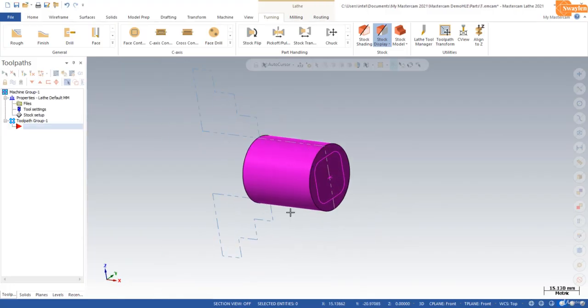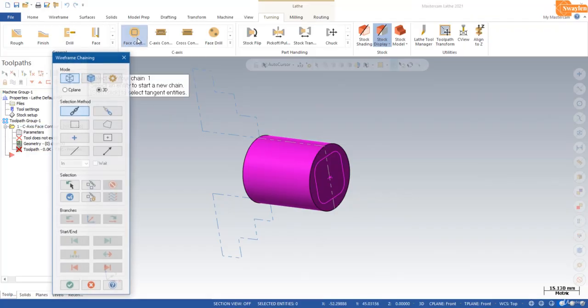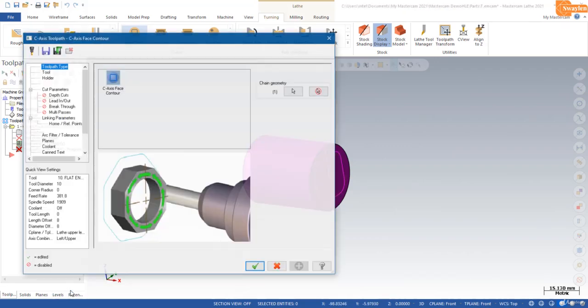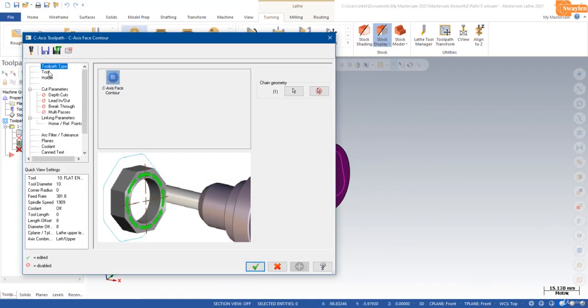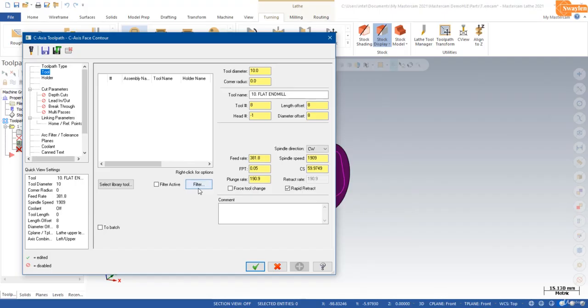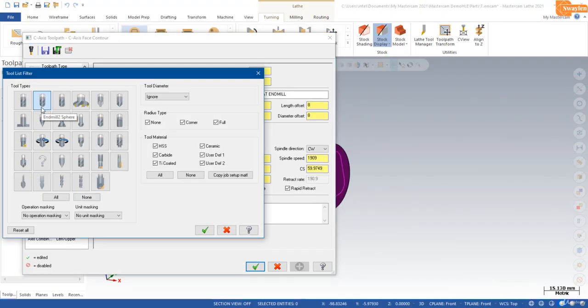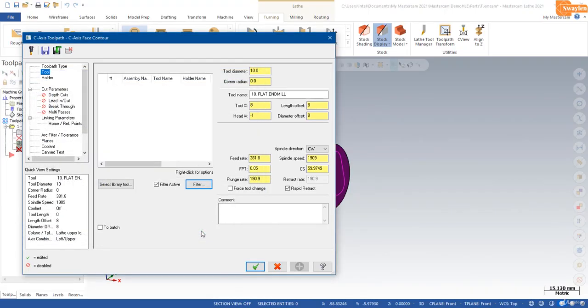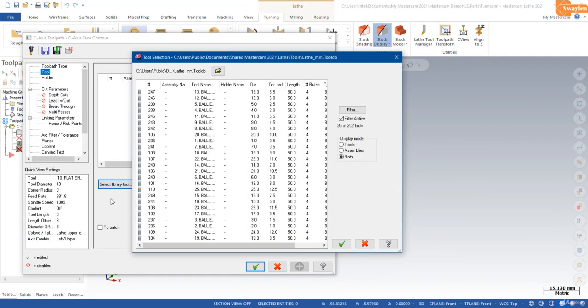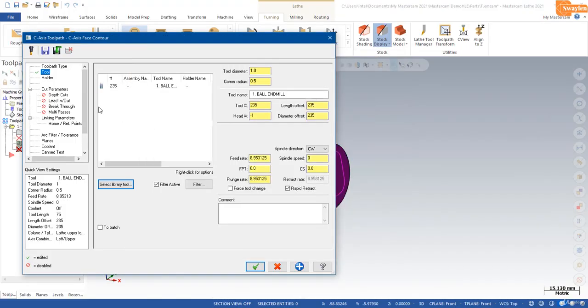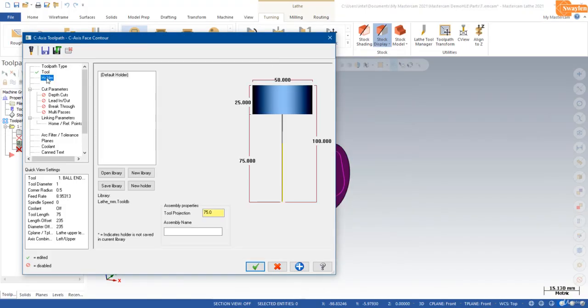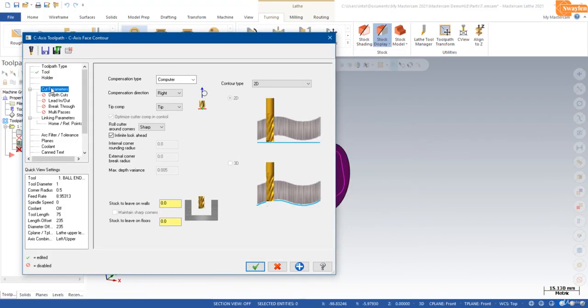Now I will select face contour operation. So select your chain. OK. Now select your tool. So filter. Here you will see Enamel to sphere tool. OK. And select library tool. I will select one dia tool. So select holder. Now cut parameter,